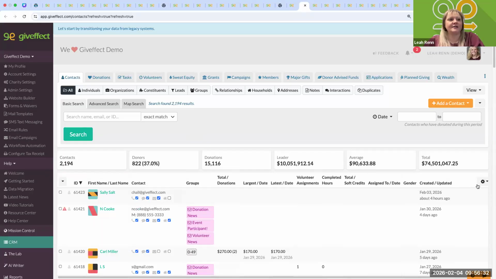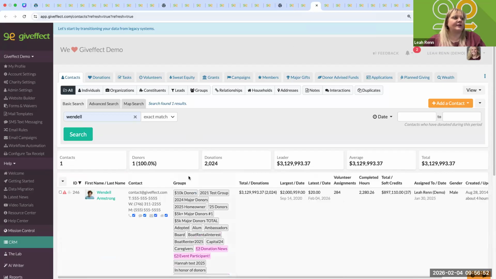This section here is customizable, right? I can customize my columns. So if I don't care about volunteer hours on this side, I can make that gone. Again, it's specialized to you, so you're setting up what you like to see. It's not messing with other people's aesthetics. We're going to hop into a profile, and we're going to look at Wendell, our trusted demo. You can see he's given over 3.1 million. So we're going to look at Wendell's profile here